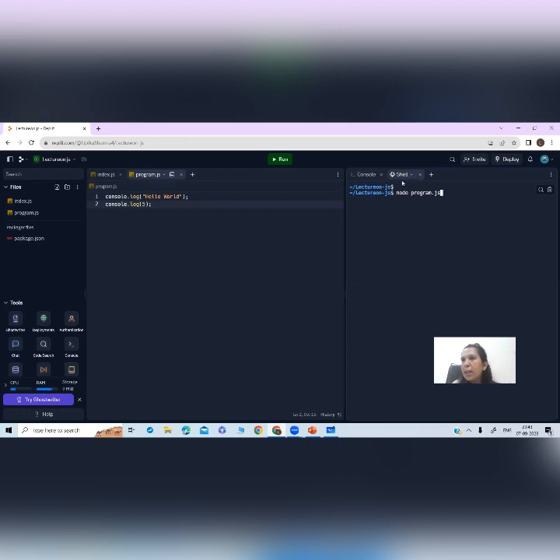Now, if you have to execute this program, what I said, it is the environment for executing the JS code. So you will write node because Node.js. So node program.js, the name of the file basically, not the name of the program, the name of the file. That is program.js. And then what will you do? You're going to do this. Can you see it got executed?